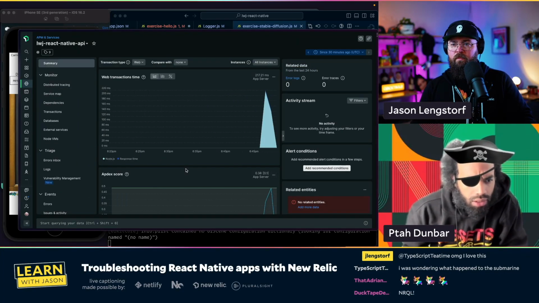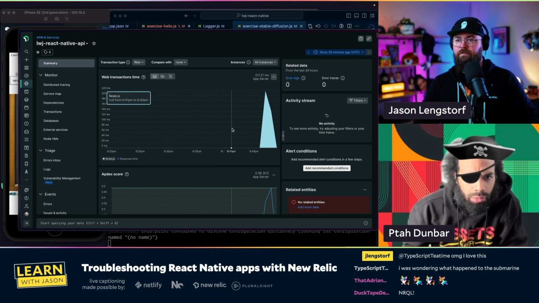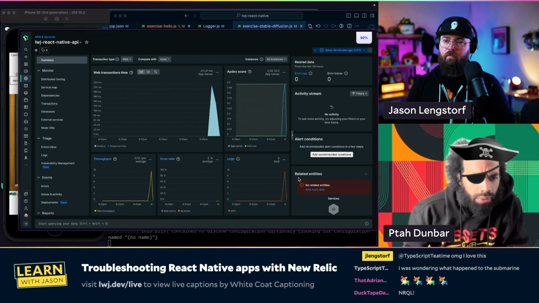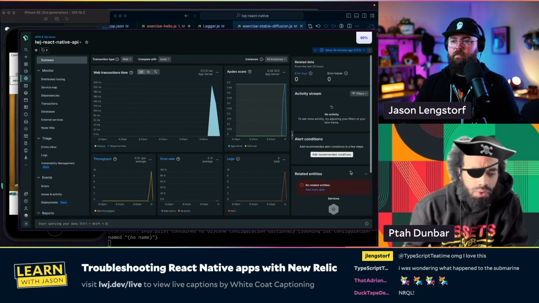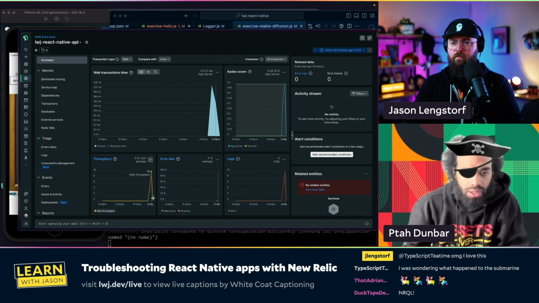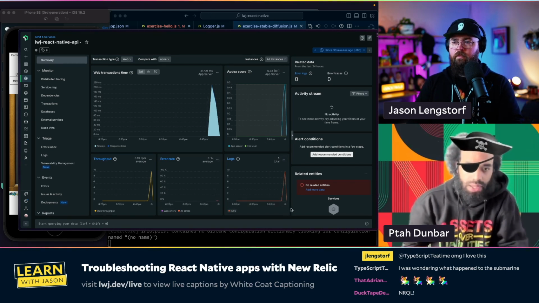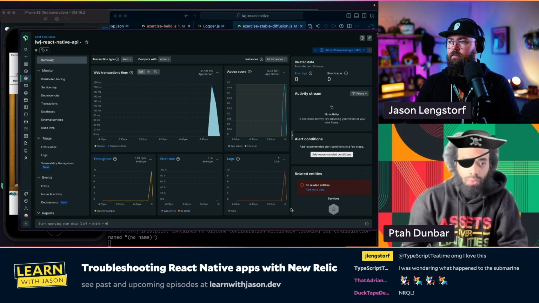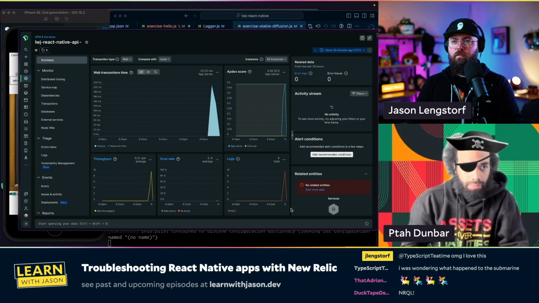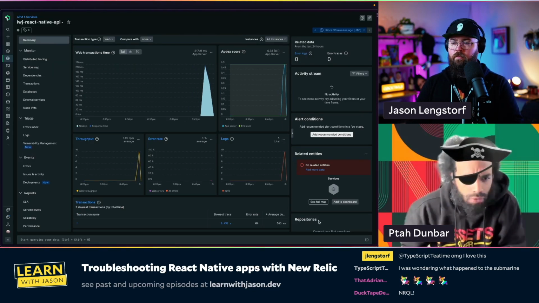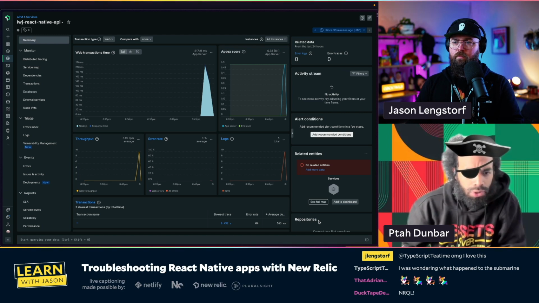Let me see if we can zoom out just a little bit here. Yeah, there we go. All right. So you see your golden signals across your whole API. You can see the throughput, error rates, logs that are coming in. So this is, at a high level, giving you an idea of what the performance of my backend API is. And if we swap over to the mobile view,